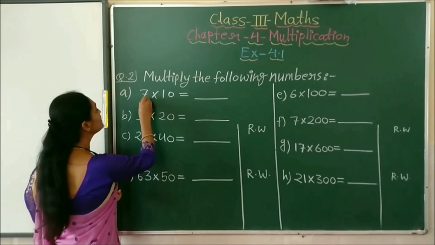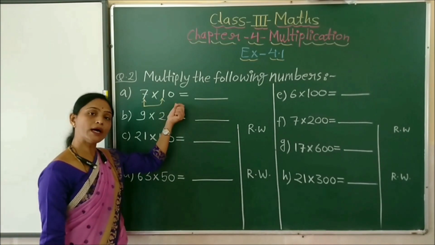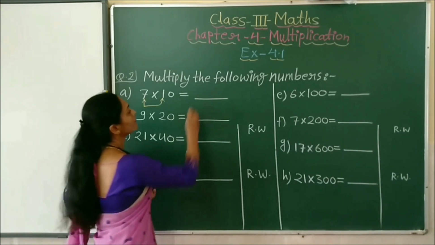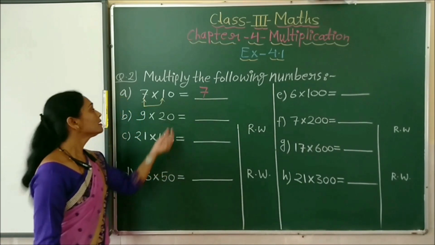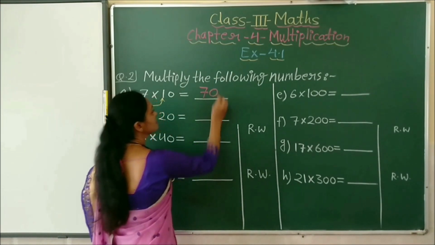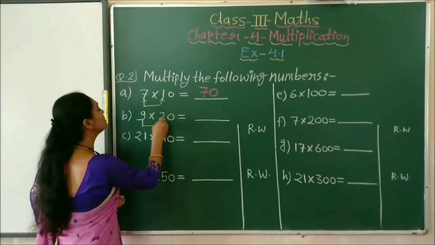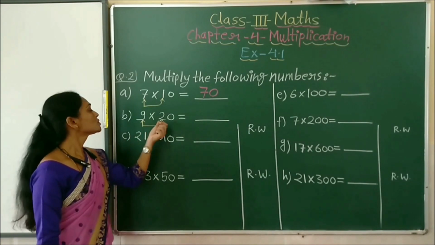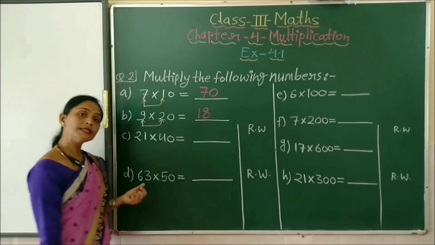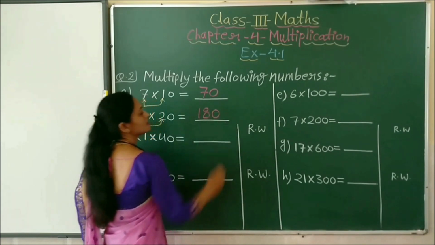We will first multiply only these two numbers, 7 and 1. Yes? So 7 ones are how much? 7 ones are 7. So first we will write here 7 and then how many zeros are there? There is only 1 zero. So we have to write here 1 zero. Then here also in the same way. First we will multiply these two numbers 9 and 2. So 9 2s are how much? 9 2s are 18. So first we will write here 18 and there is also 1 zero. So here we will write 1 zero.